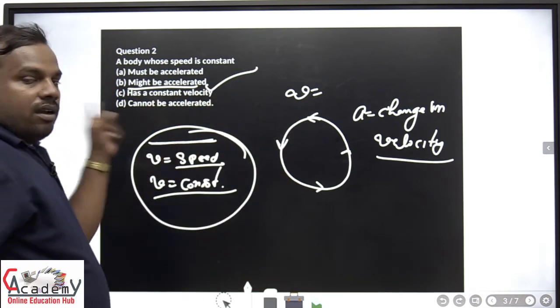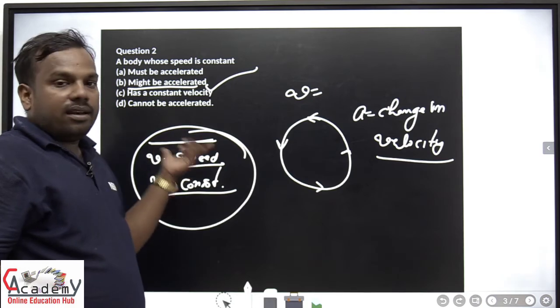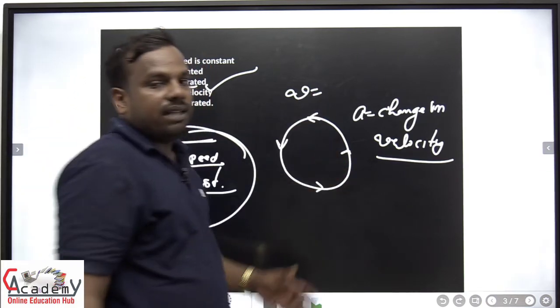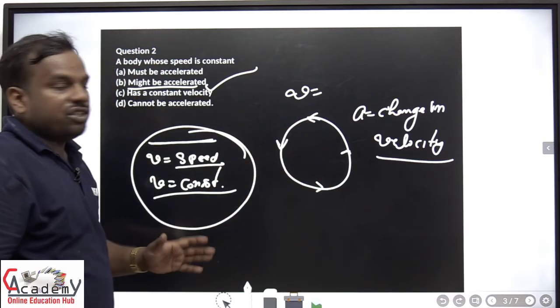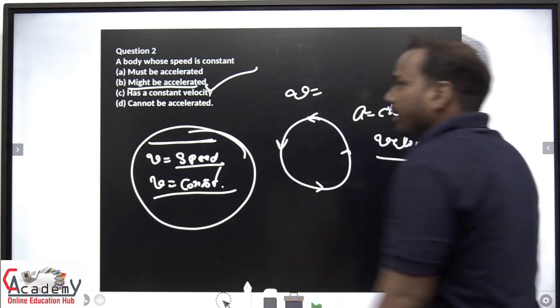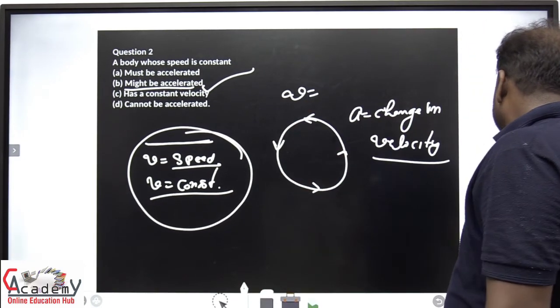If an object moves on a straight path, no acceleration is produced. If the object moves on a circular path, then acceleration is produced due to change in velocity with the help of change in direction. Okay, now the next question is,